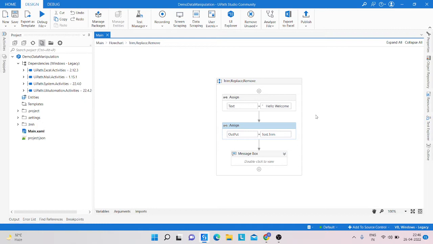So today we will learn about some data manipulation. We are using trim, replace and remove today. How can we use trim, replace and remove? So you can see here